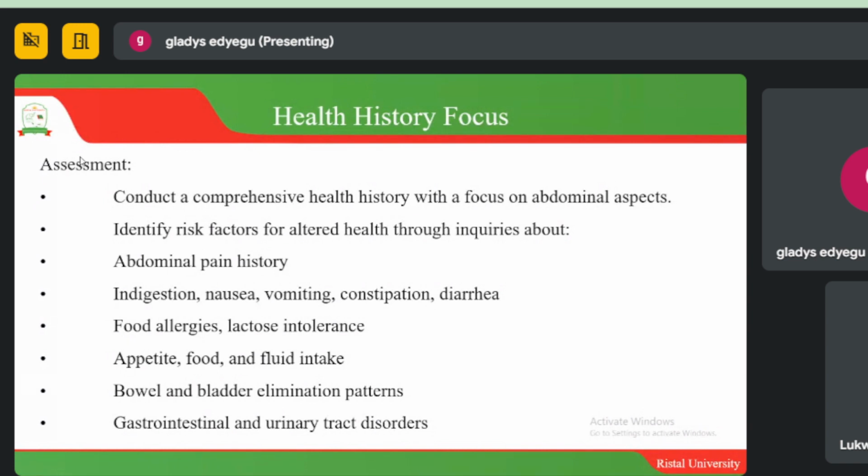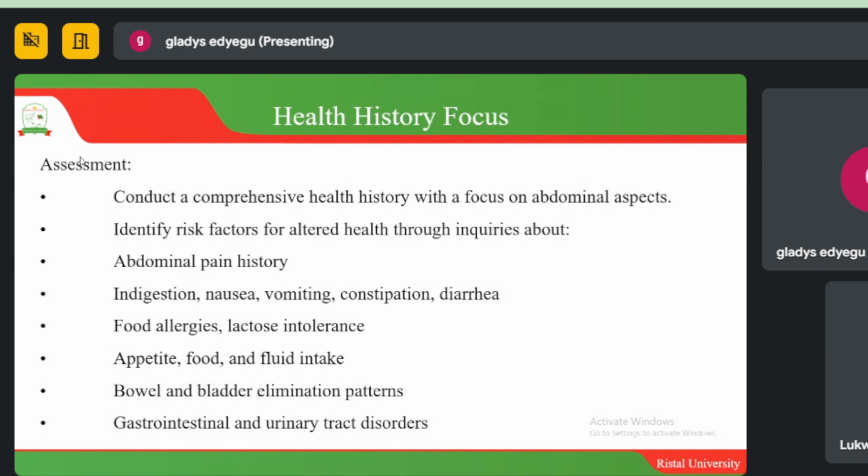Then also talk about indigestion. Indigestion is like the patient eats, but the food he takes in does not get digested. So you can also find out from your patient whether he has this experience. And then nausea, vomiting, constipation, and diarrhea. So when a patient has indigestion, sometimes they end up having also constipation. So when you're taking the history, you need to ask all these, whether your patient has those experiences, and you can be able to know what could be going on in the patient's abdomen,